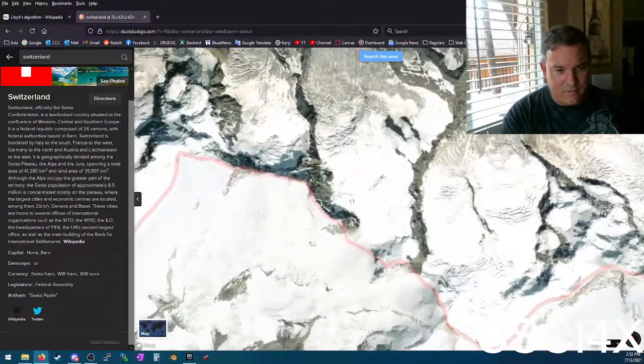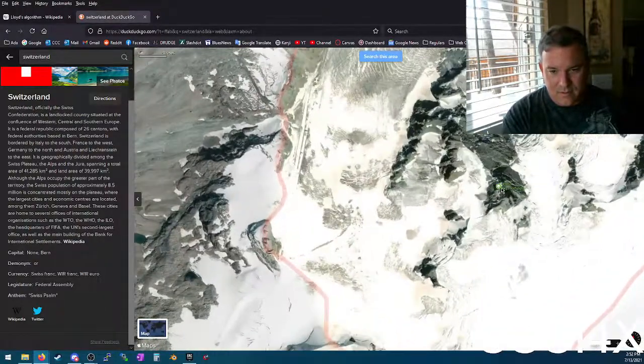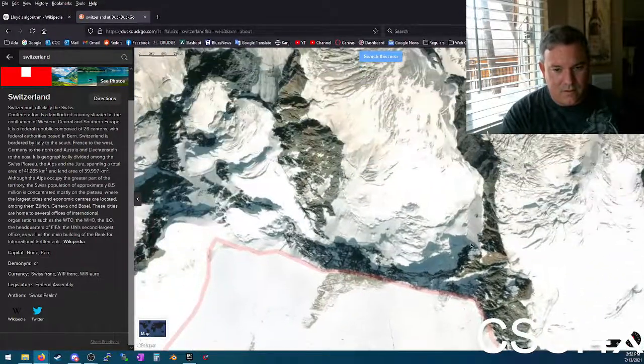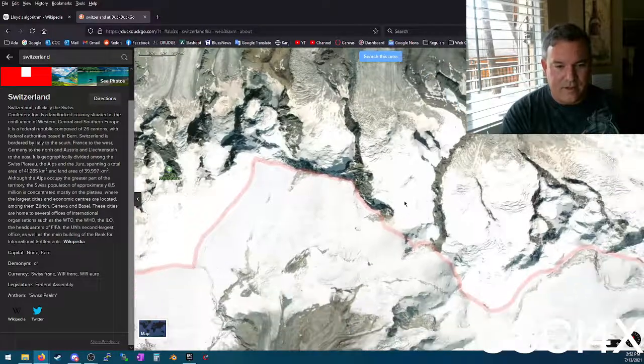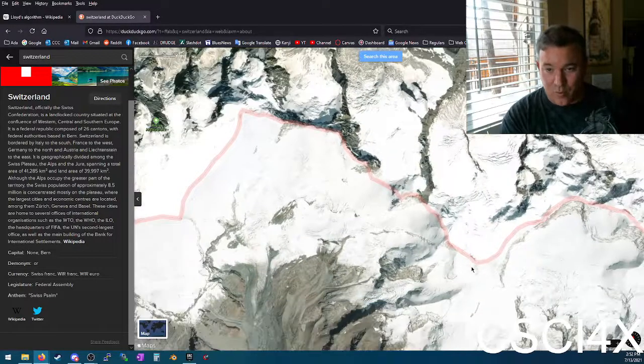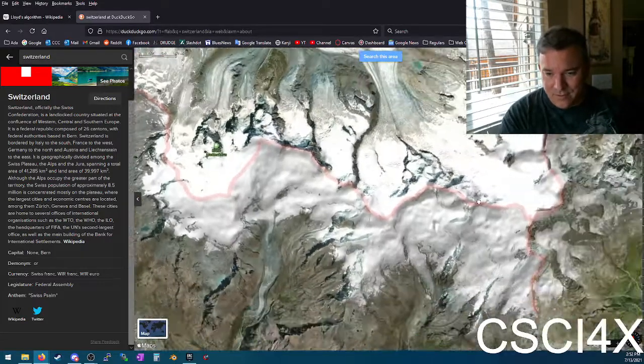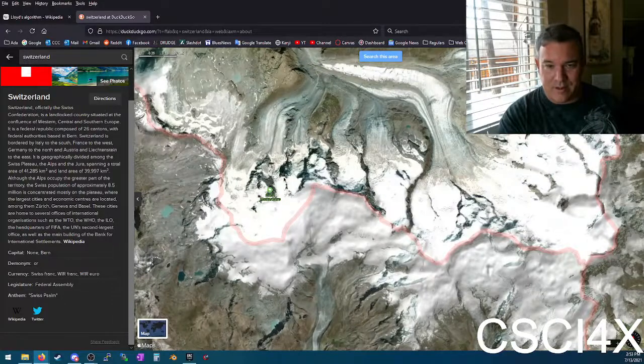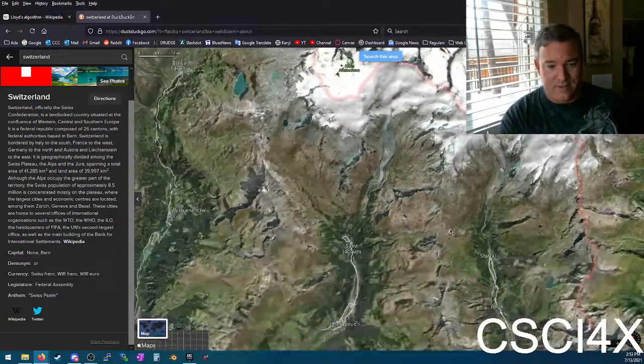Where's the chairlift? Yeah, it doesn't matter. The point is, you can take the chairlift up there and you can literally walk over into Italy, because the boundary is the top of the mountain line. And so it's somewhere in here. You can't take a chairlift to the top of the Matterhorn, but it's over here somewhere. And then you can just go walk around on the glaciers and cross over into Italy if you want, because